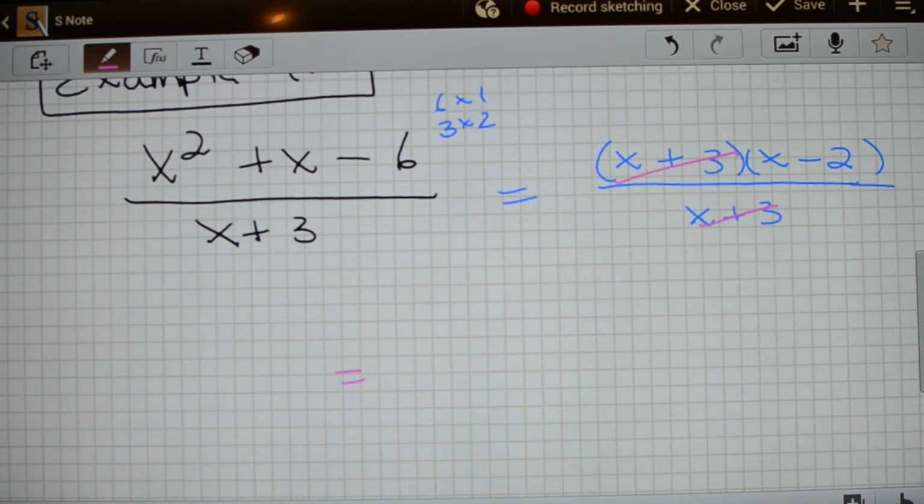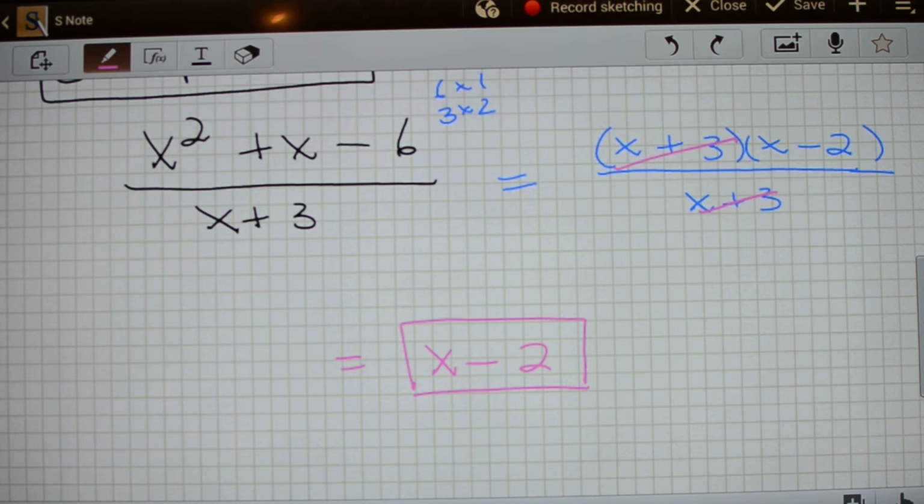So we're left with just x minus 2, and oops, just x minus 2. And there we go. And that is all you're left with. Again, your fraction's gone because there's no more bottom, so this fraction's gone. So that's all you have is x minus 2. But anyway, that is the lesson